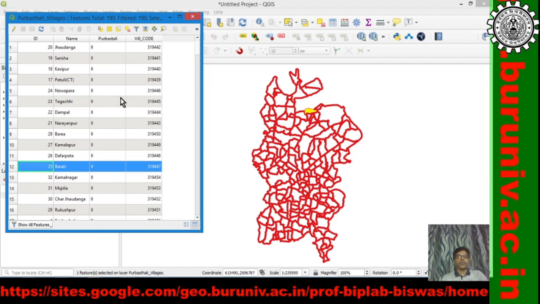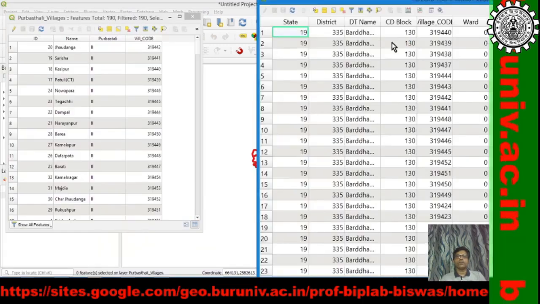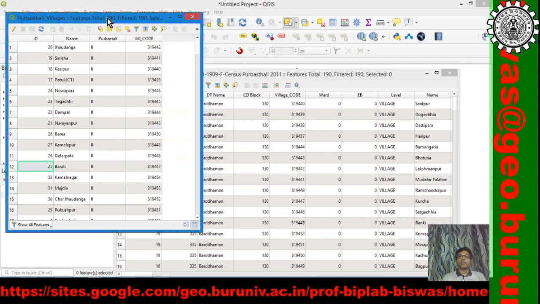So that means this particular table is associated with this vector layer. So this vector layer is spatial data. This data is not spatial data.